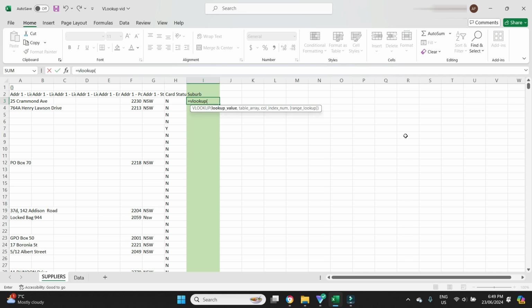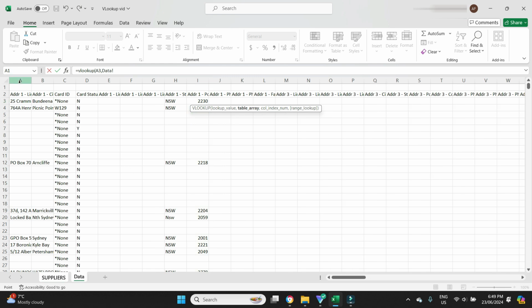open bracket. You can see here we've got lookup value, table array, column index. The lookup value is going to be the start of the address, the street name. The table array is going to be in the raw data tab here, and we're going to be looking at these two columns, column A, column B. So I'm going to highlight these two columns here, comma,